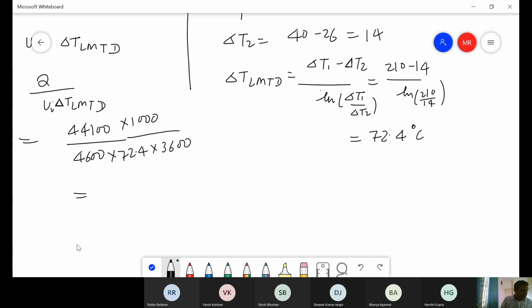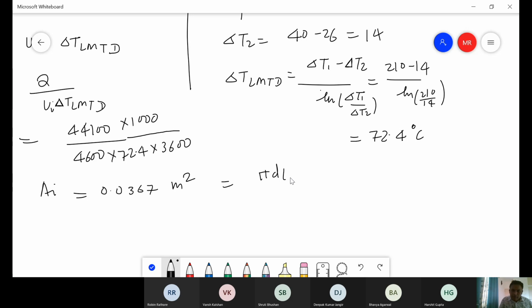So this comes around 0.0367 meter square. Okay, now this can be equated to, this is A I. So A I is given as